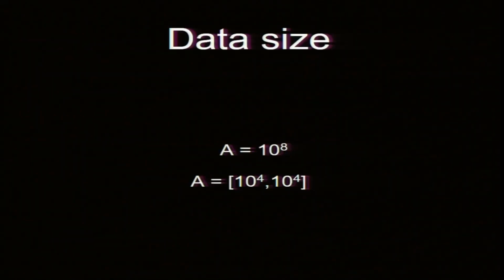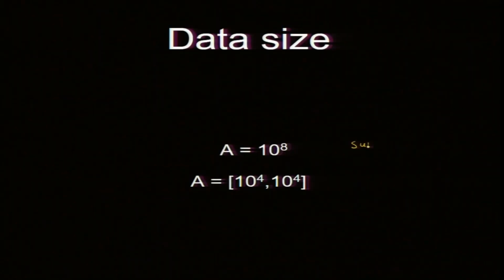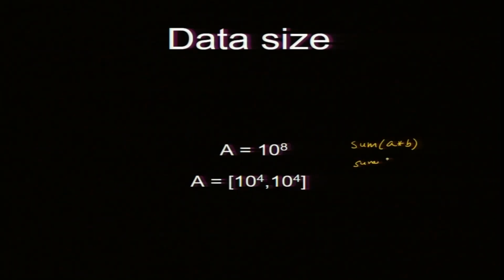So, the thing we are going to do is run 1D array operations and 2D array operations. The operation I am going to work with is the sum of two arrays, A star B. This A and B can be either a 1D array of 10 power 8 elements or a 2D array of 10 power 4 times 10 power 4. So, the number of elements is the same for both 2D and 1D arrays. We want to compare the numbers and see whether there is a loss of performance or the same performance with them.